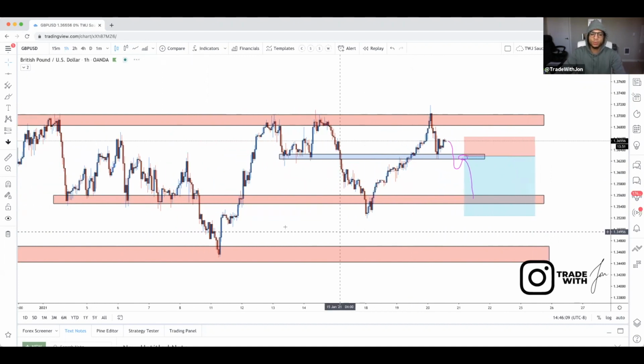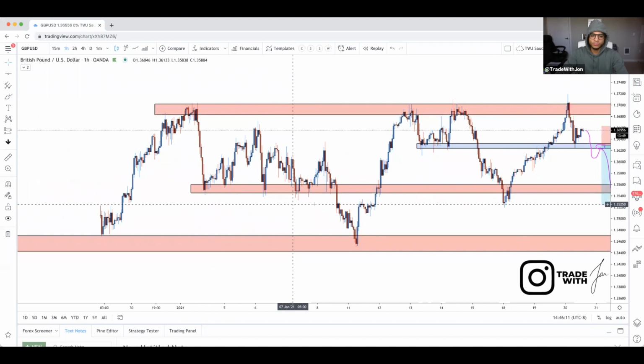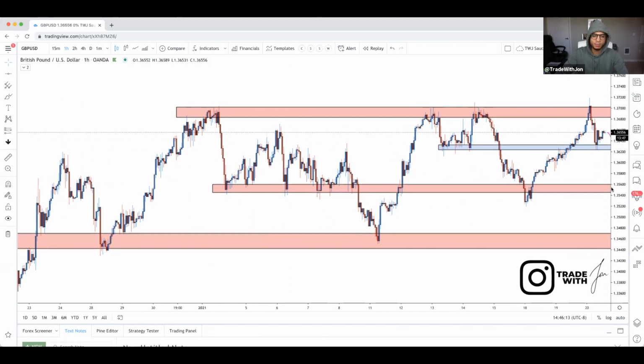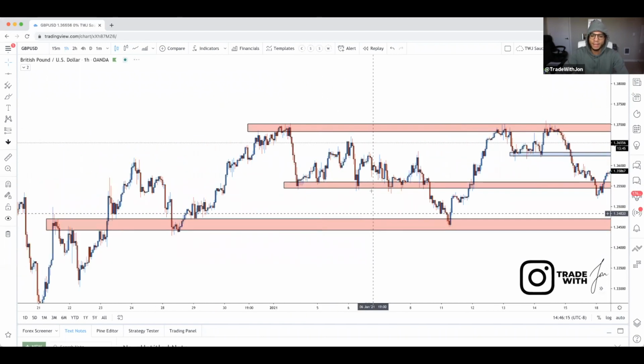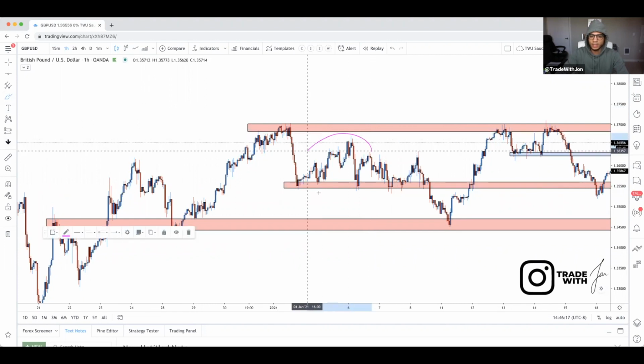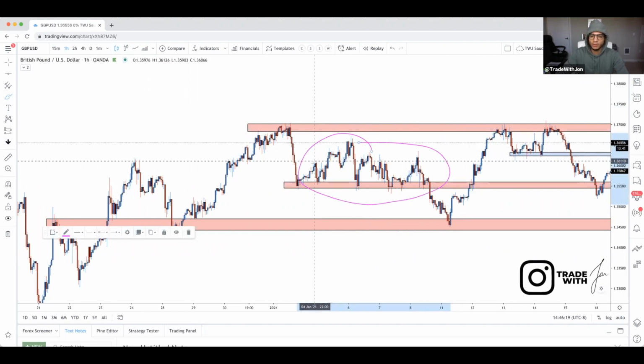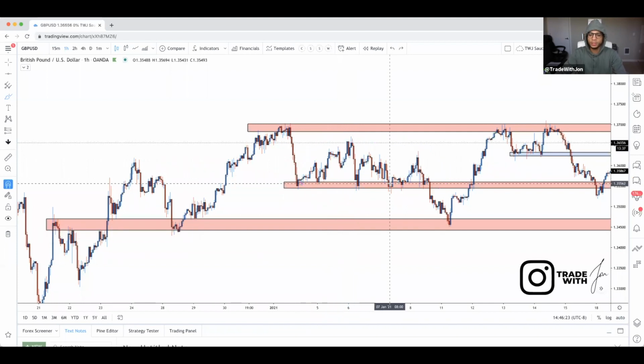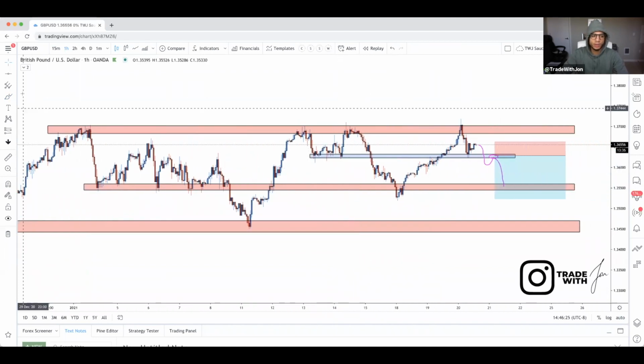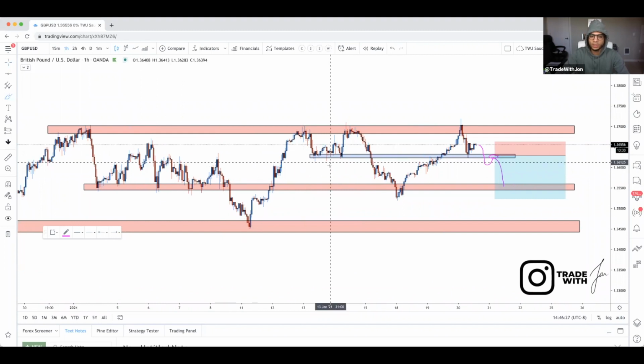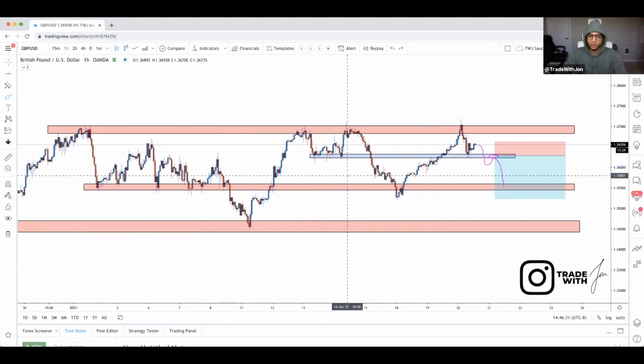So super important for you guys to draw your zones, right? And like I mentioned, sometimes price action is not going to be so amazing, something like this where it's not so apparent, right? Because you have some resistance right here, right here, right here, it's kind of all over the place. But when you find some clear ones, right? I like to trade the clear levels, something like this, right? That's very clear that it's a support. Those are the ones I like to mark up. And if we drag this back,